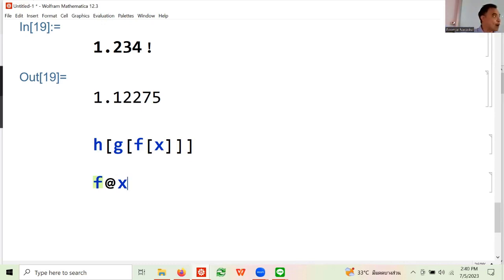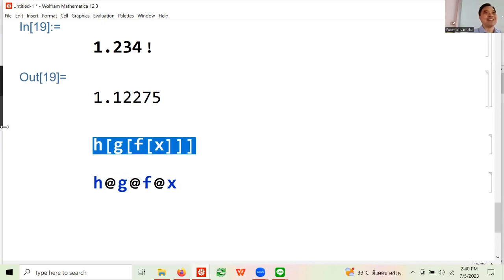Now, if I want to write this, you can do take f, apply to x, take g, apply to f, oops, apply to x, and then take h, and then apply to that. You can see why this is very compact. A lot of time you will see this in a community, they would write something as a shorthand. Now, if I write this, I look more like a pro. If I write this, I look more like a baby.